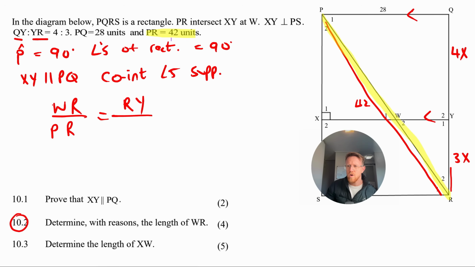I chose RY because RY goes with WR, and then the entire length would be RQ. Now you can say here prop theorem,